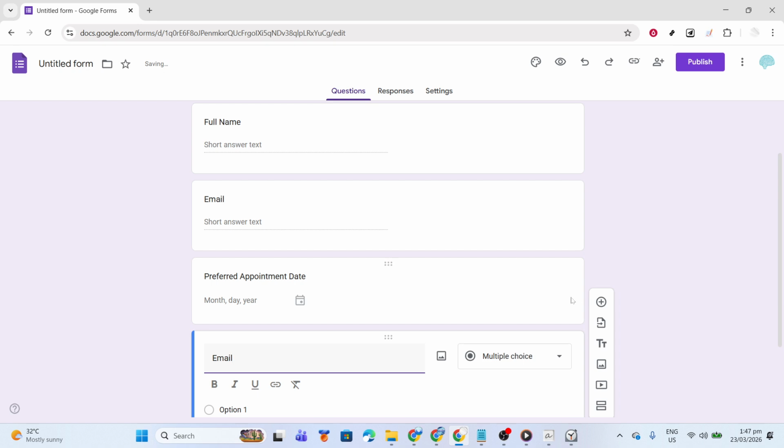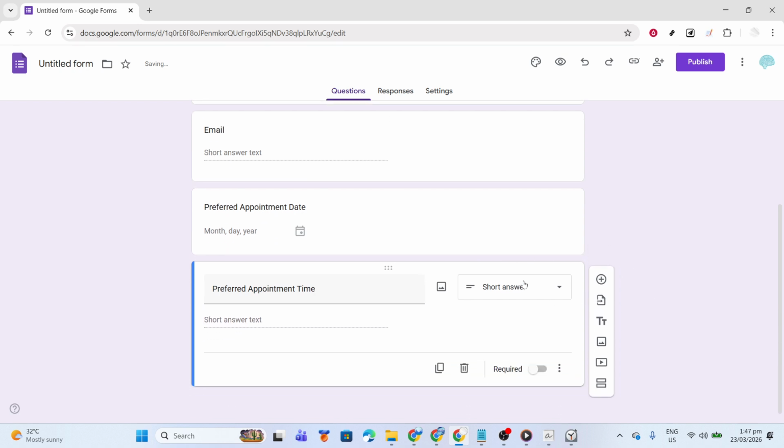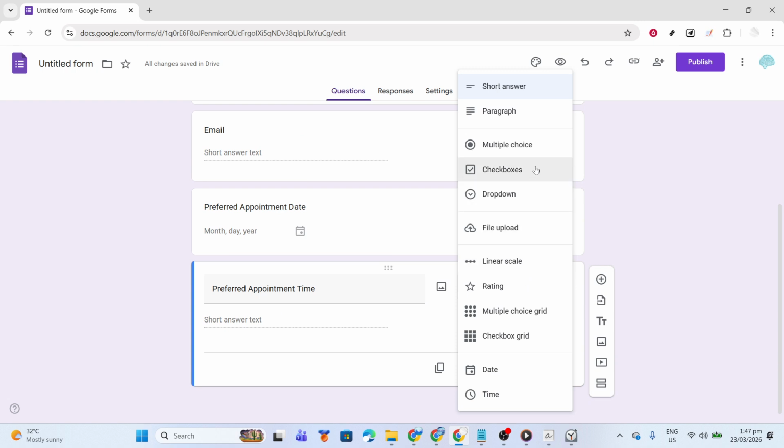Change the type to Time and turn Required on. The time field prompts for a specific hour and minute, helping you line up availability precisely. If you work in a specific time zone, it's helpful to note that in your description so people choose the